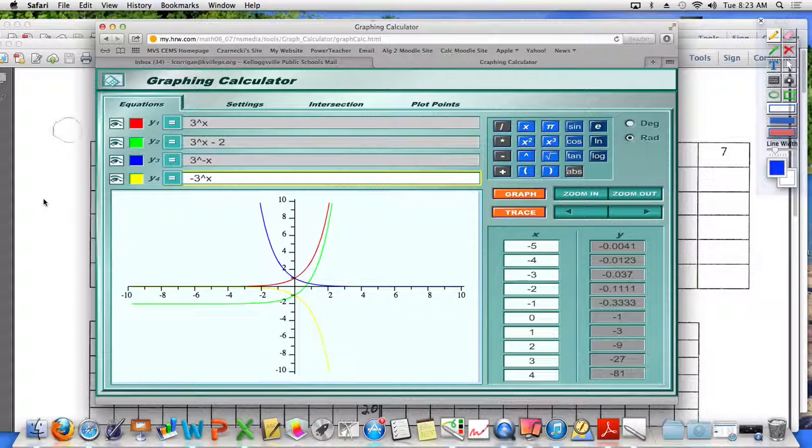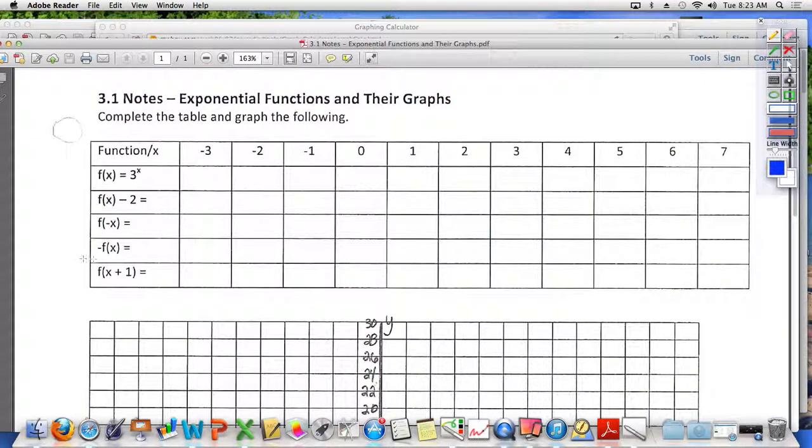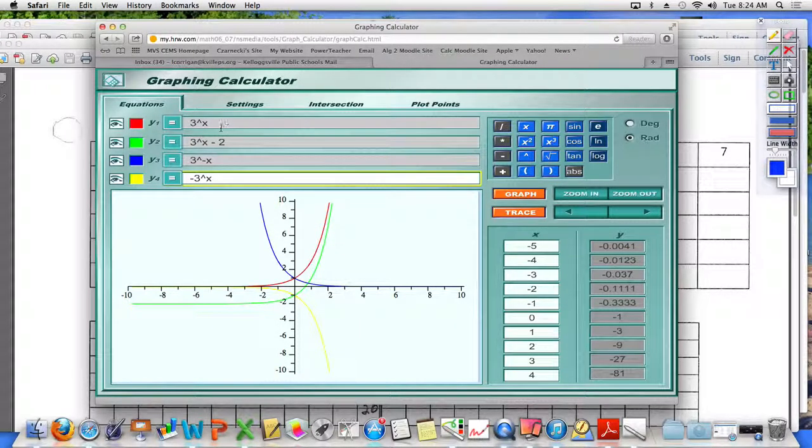There is one more graph to do. f of x plus 1. Well, when you graph this f of x plus 1, I don't have a place to graph it because I've run out of y equals. So I'm going to go back up to the very first function, and I am going to replace, actually, you know what I think I'll do instead? I'm going to go to the very last one, the one that's graphed in yellow,